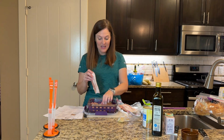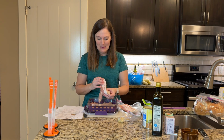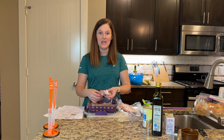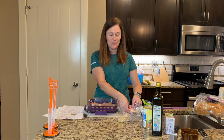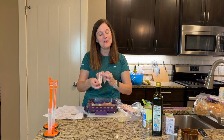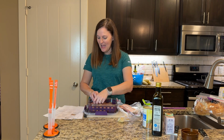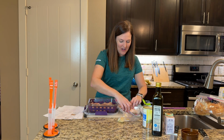Because I'm using chicken tenderloins, this actually worked out perfect. I didn't even plan it this way, but we always have bacon on hand because they love bacon at breakfast time, and my husband always cuts the bacon in half because he uses a smaller pan to cook the bacon. So this worked out perfectly since I'm using the chicken tenderloins. That way I can have a little bit smaller piece. So I'm gonna wrap each one of these with bacon, and let me know in the comments if you've made